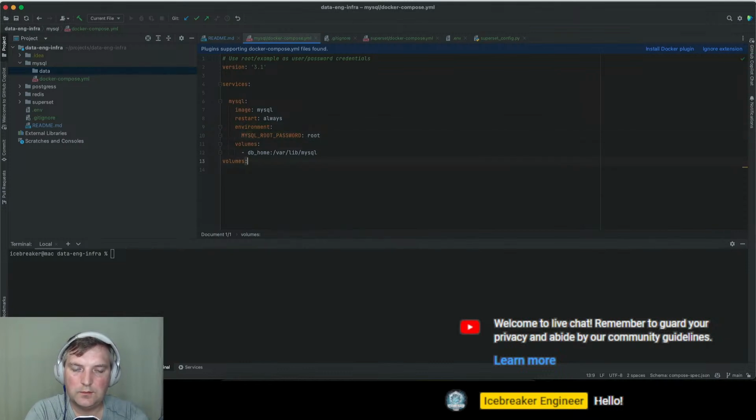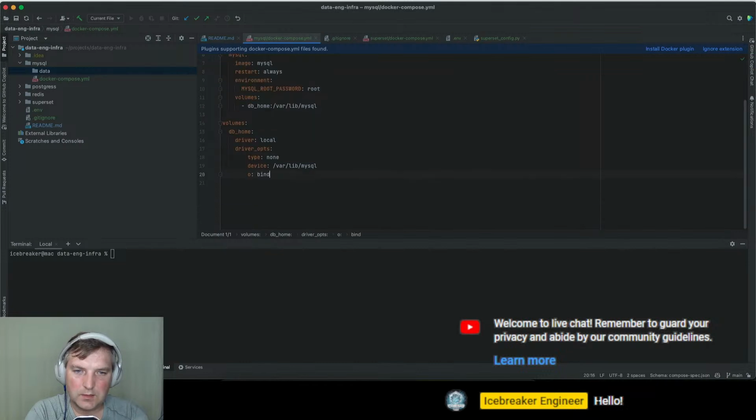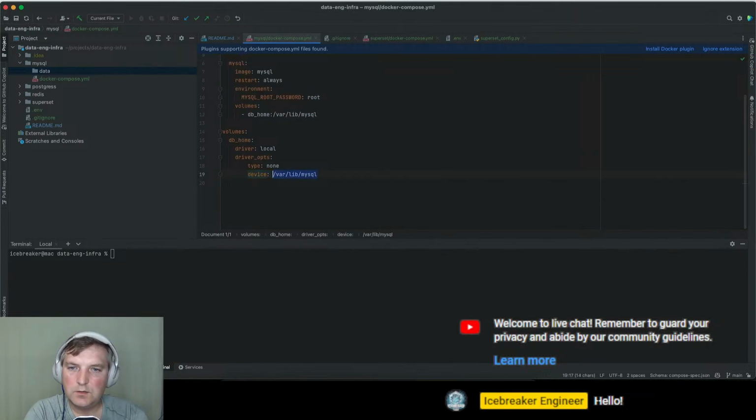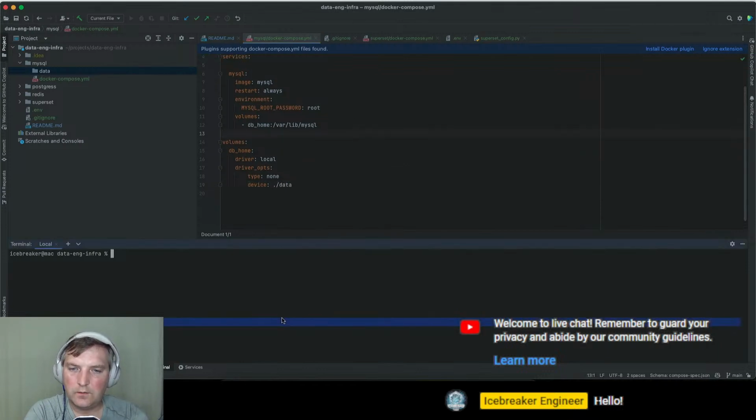Let's go with root. And now DB name. I believe it's called driver local, and then driver options, type none, and the location on the device should be just data, right?